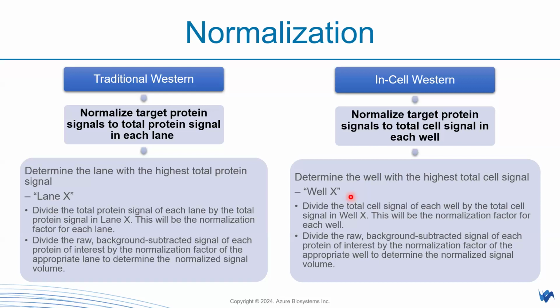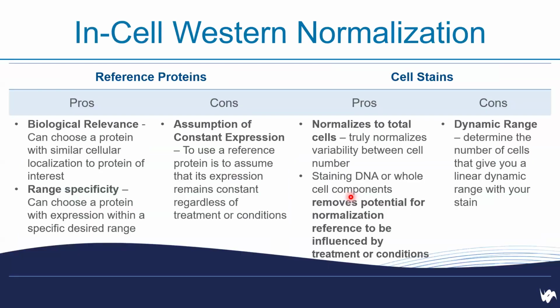Then you do your group-to-group comparison and statistical analysis. So just like in-cell Western, there are two options for you to do your normalizations. You can use your reference protein, and you can use a cell stain. A reference protein is something that, let's say, you cascade your research or your techniques from normal Western blotting